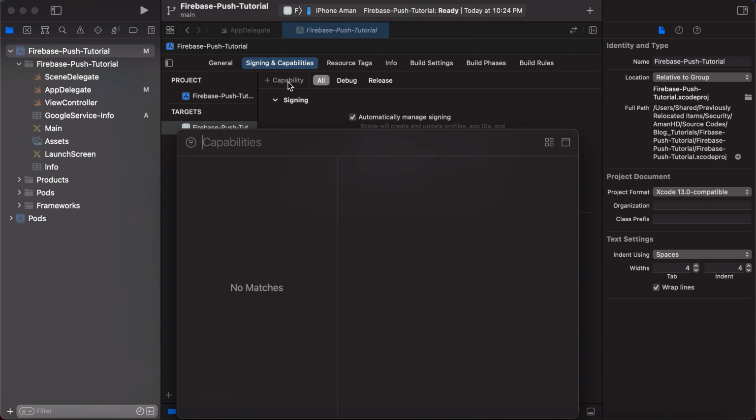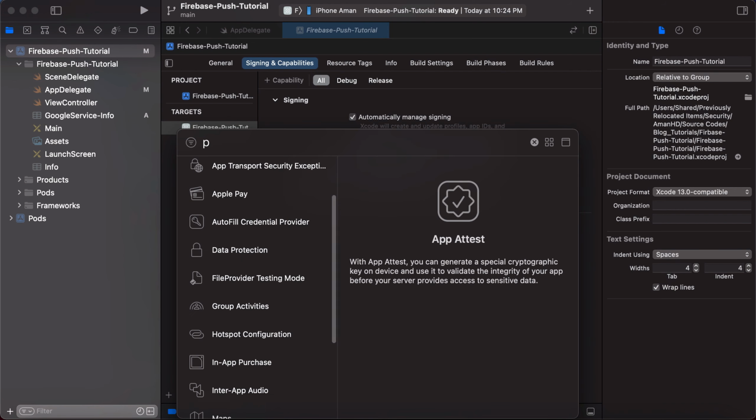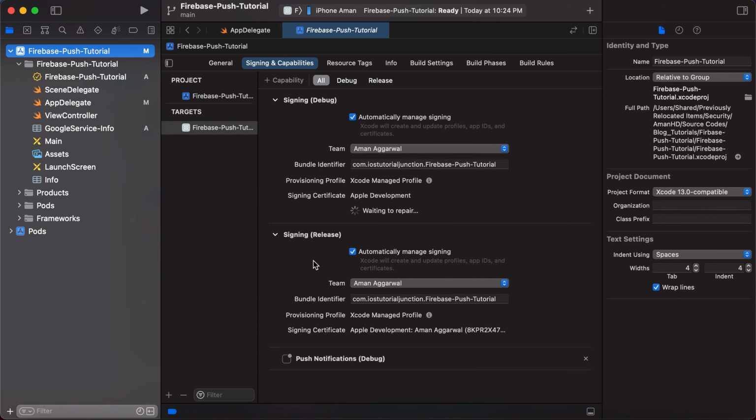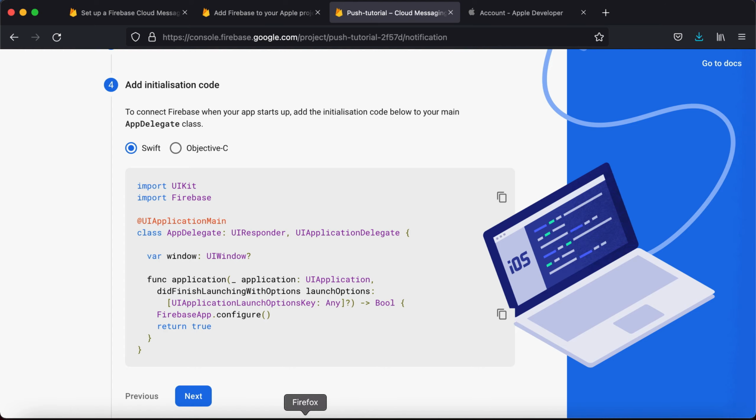Signing and capabilities. So capability, and we go here, push notification, we need to add it, right? So these are added, and I set this to automatically manage signing, so I don't need to create any provisioning profiles. Okay, now the last step of this, in order to configure it, we need,